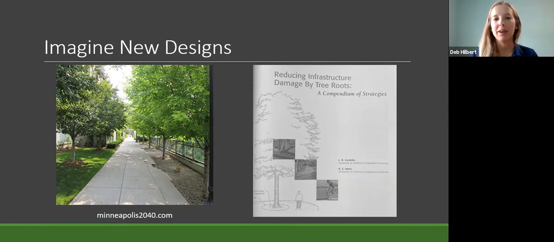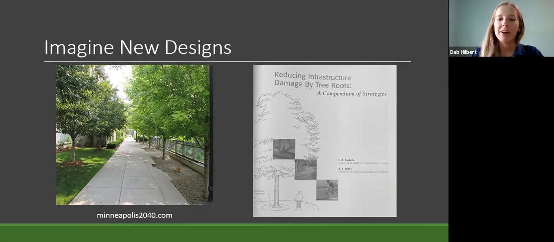I think it's also a design and a planning issue now, where we might need to start thinking forward, especially in light of all these canopy goals that cities are setting. Well, if you want to maximize canopy, you need huge mature shade trees. And if you want huge mature shade trees, then you need space for it, right? So there are ways to deal with it as far as redesigning or at least implementing some